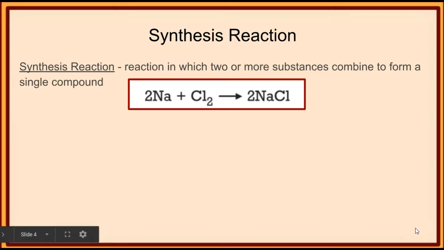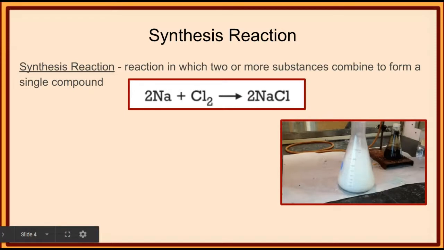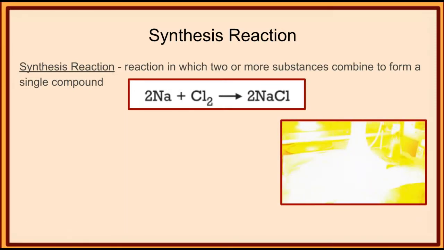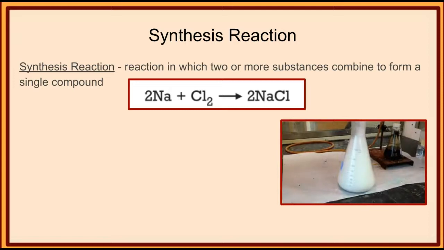Another example of a synthesis reaction is the combination of sodium and chlorine to form sodium chloride, which is table salt. Two reactants form one product. You can see in this video that the reaction is exothermic, produces light and heat,